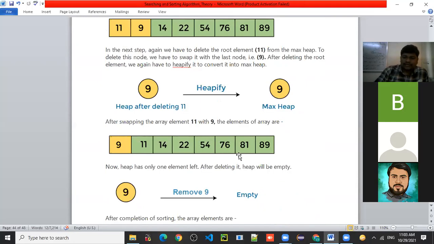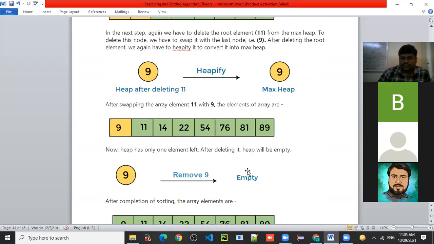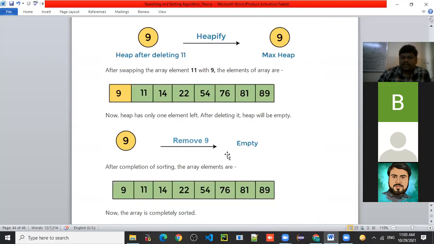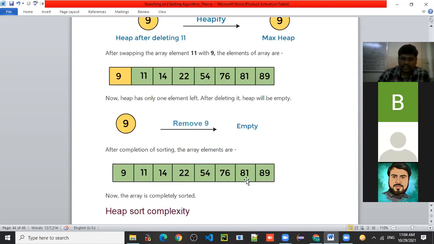After deleting 9, is there any element left in it? No, sir. So the heap will become empty. Once the heap becomes empty, it means that all the elements are in sorted order, right? After completion of sorting, the array elements will look like this. This is called heap sort.